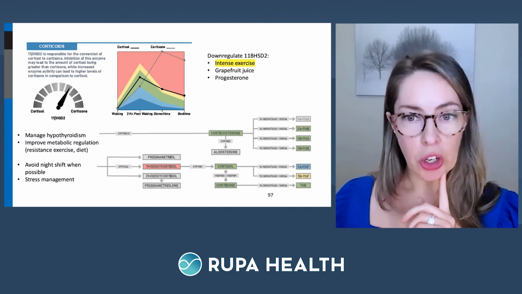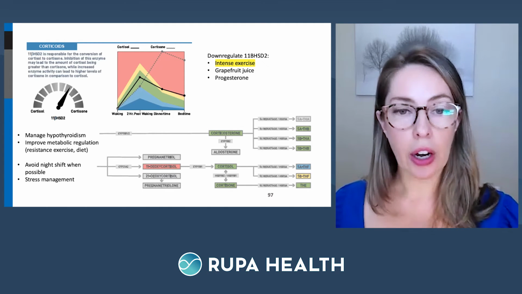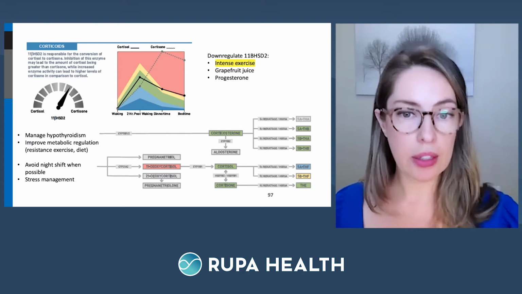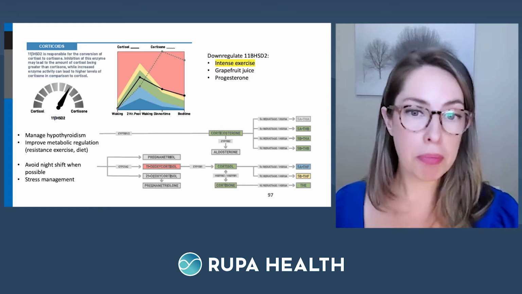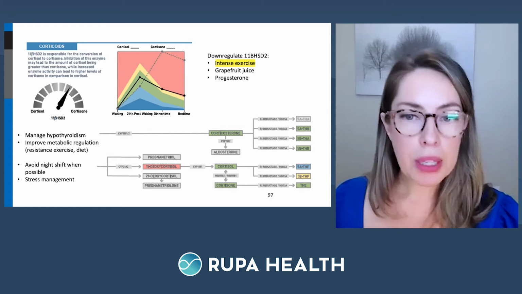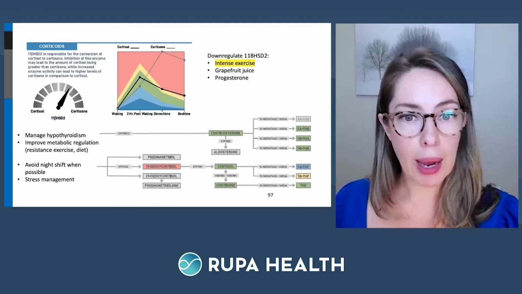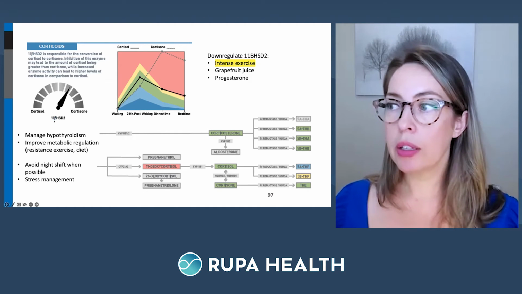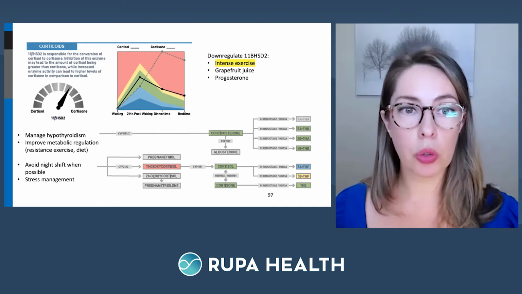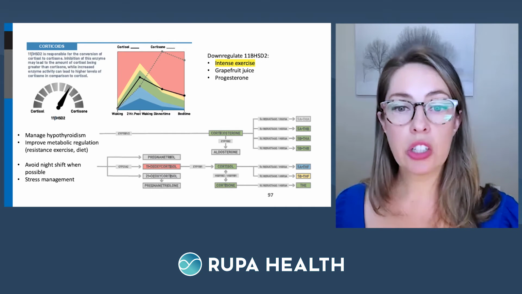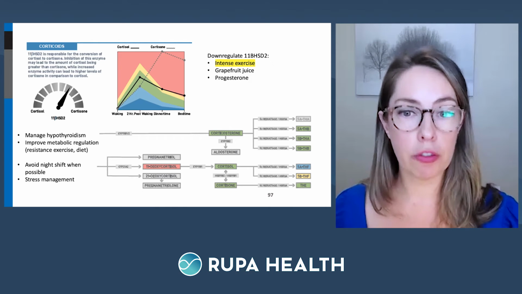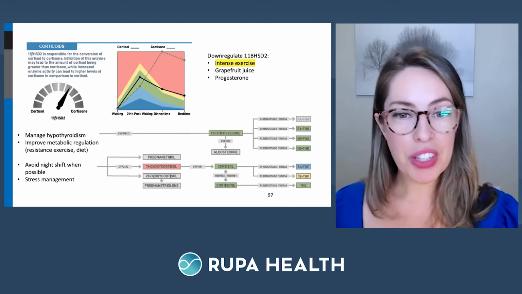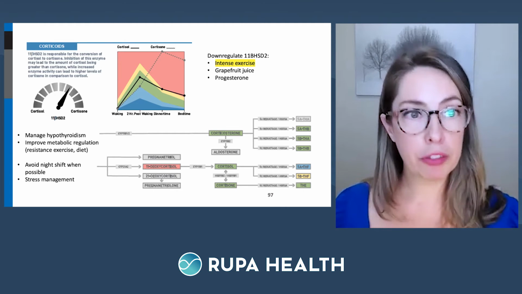Now, if you were concerned about elevations here, again, I would be pointing to things outside of the HPA axis. Is there metabolic disturbance here for this patient? Yes, probably: insulin resistance, obesity, inflammation, hypothyroidism. We know she has hypothyroidism. And this 11 beta HSD is modulating cortisol to cortisone, cortisone being the storage form. This HSD2 is protecting from the aldosterone effects of stress. So again, think about all of those things outside of the HPA axis, and then maybe reflex back to that testing